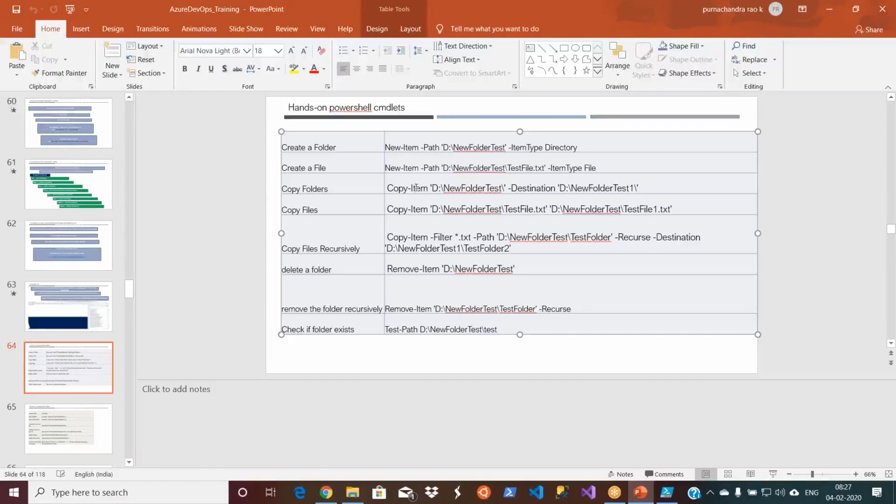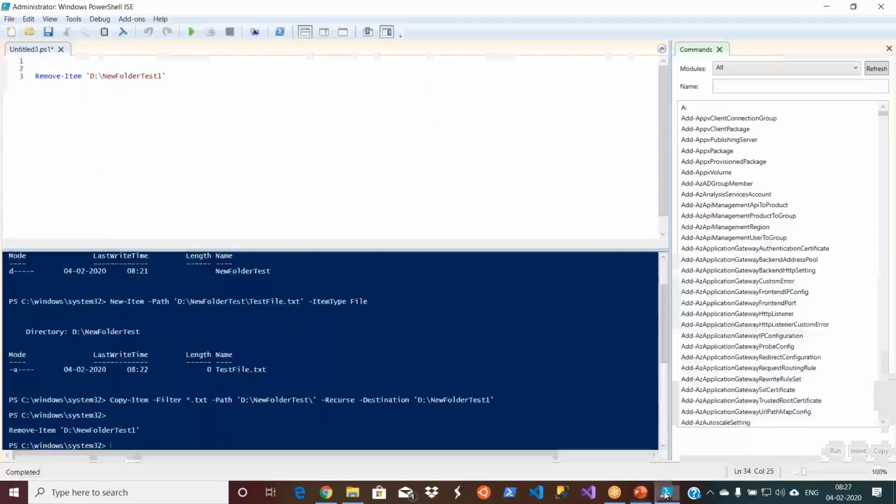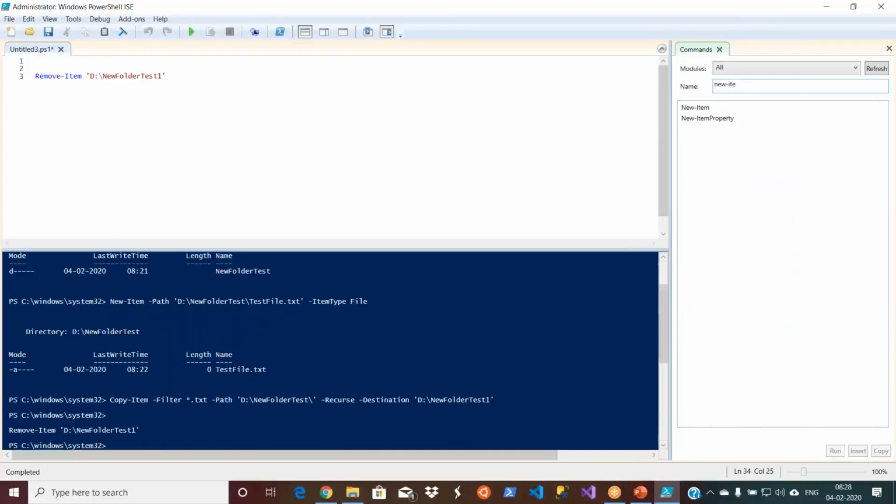There is another easy way as well. Let us say you are struggling with this command. Since I know it, I am saying you need to give the path, and then the actual physical path, and then give the item type. You may think, I don't even know in what place I need to give these switches. So there is also an easiest way. That's the reason I opened this command palette. The easiest way is to search for some commands. Let us say a new item.